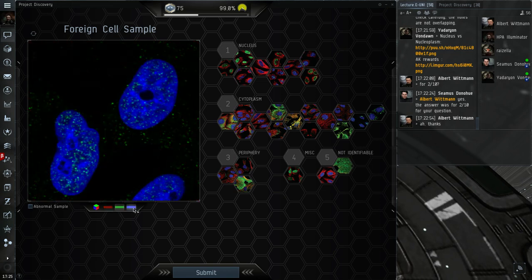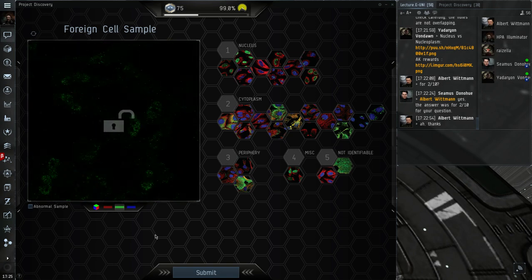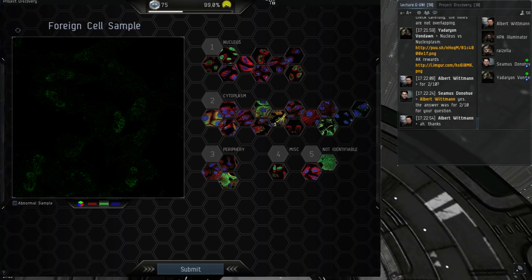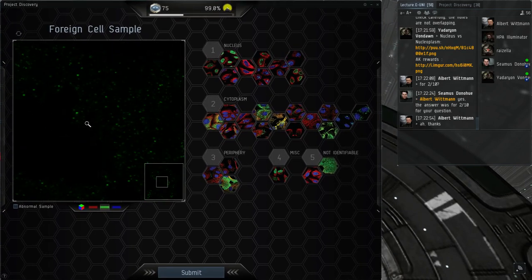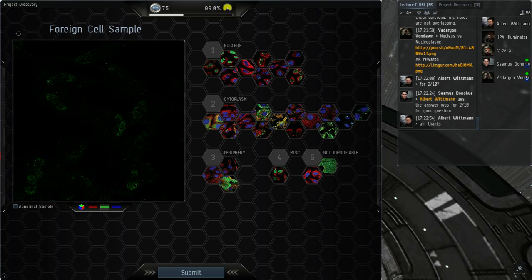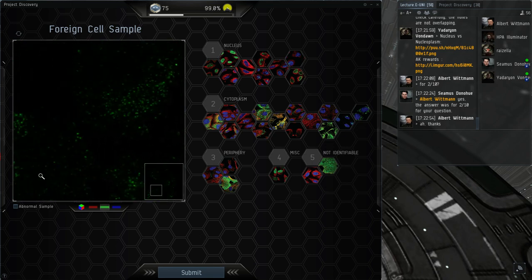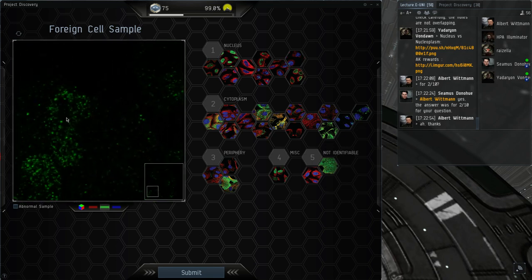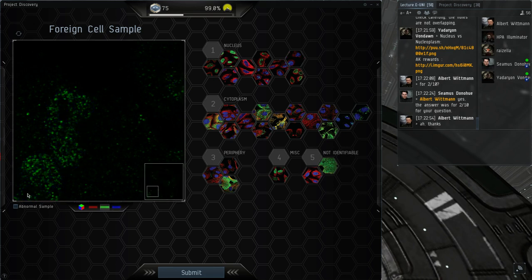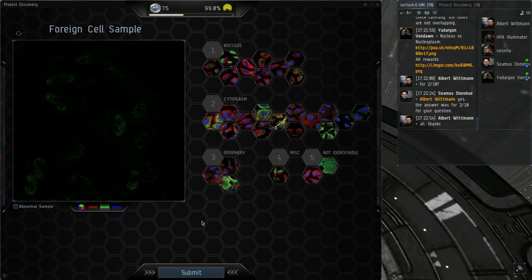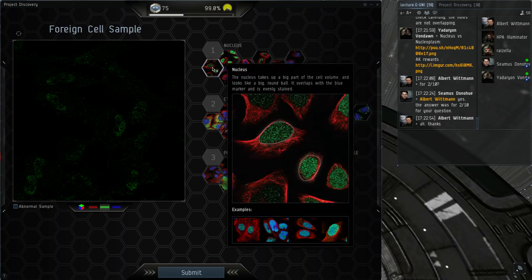So what we can do here is toggle the blue on and off. It seems to be overlapping. We have a slight staining of the cytoplasm. I shouldn't be moving that window. Sorry. Okay, so I have a slight staining of the cytoplasm, which I believe is just background staining, so I will not annotate this as cytoplasm. However, I think that we can see holes in the nucleoli that are overlapping really well, both of these. And also here. So I believe that this is nucleoplasm rather than nucleus.